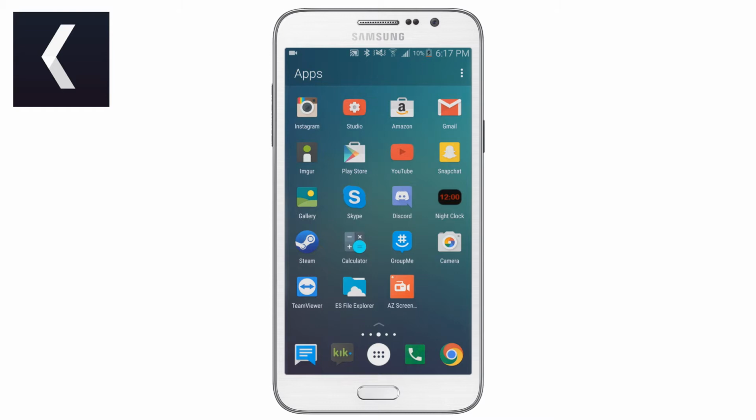Another thing is all the apps are sorted by how much you use them. So you can see Instagram up here in the upper left is used the most, then Studio, YouTube Studio, then Amazon, Gmail, Imager, Play Store, YouTube, Snapchat, all the way down to AZ Screen Recorder, which I actually want to hide. That's another feature. You can just hide apps, and you can also get info about them if you drag them over there. I'm just going to hide this, which means it will go down to my app dock,